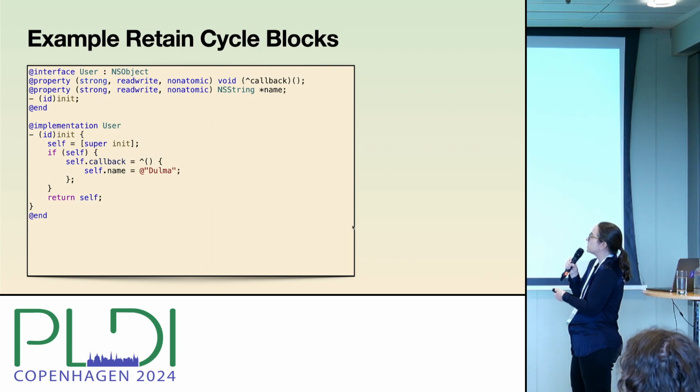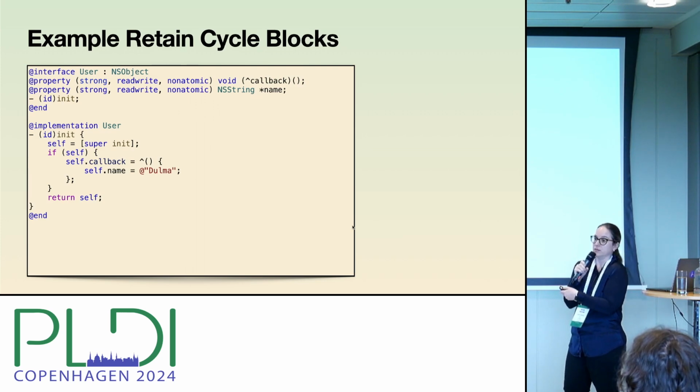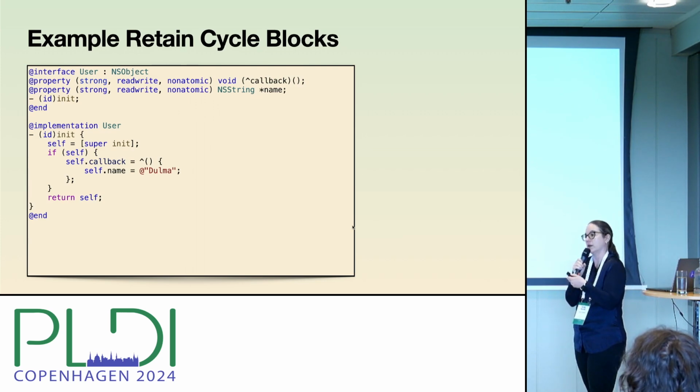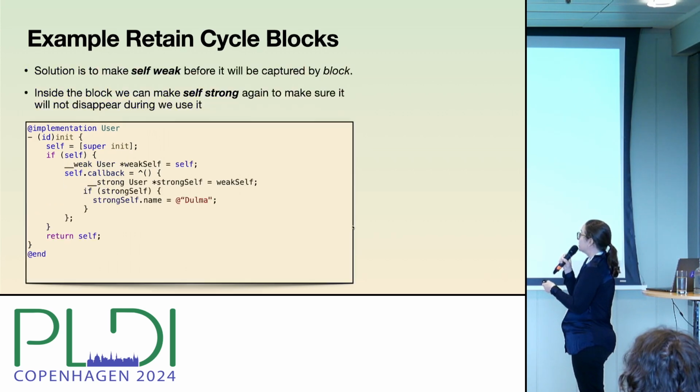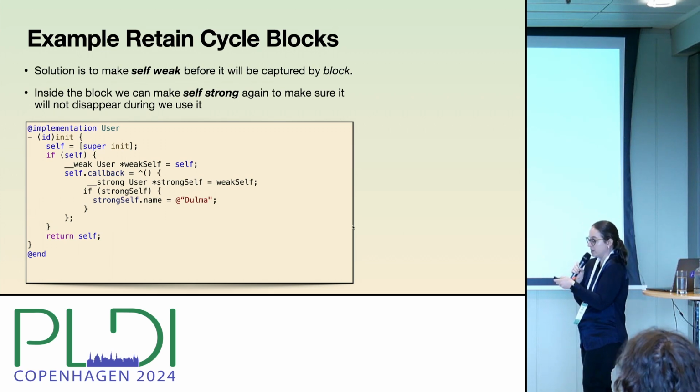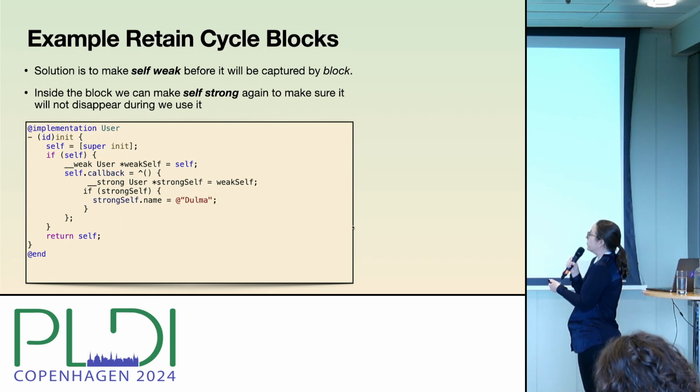Using self in a block means capturing it, and that means retaining it. So self is retained by the block, and the block is retained by self, so that's also a retain cycle. In this case, the recommended solution is to use a weak pointer to self, and then capture that one,